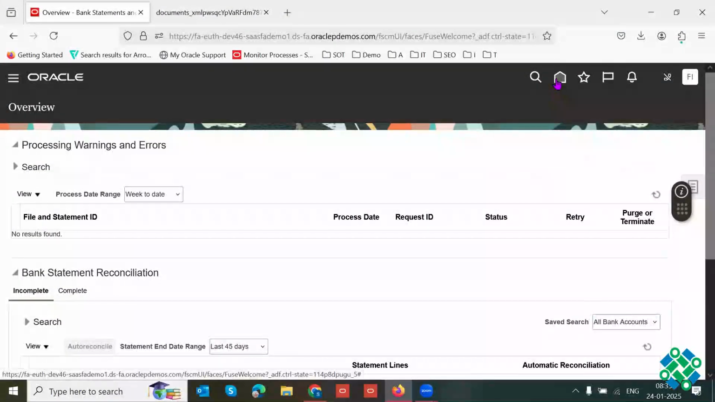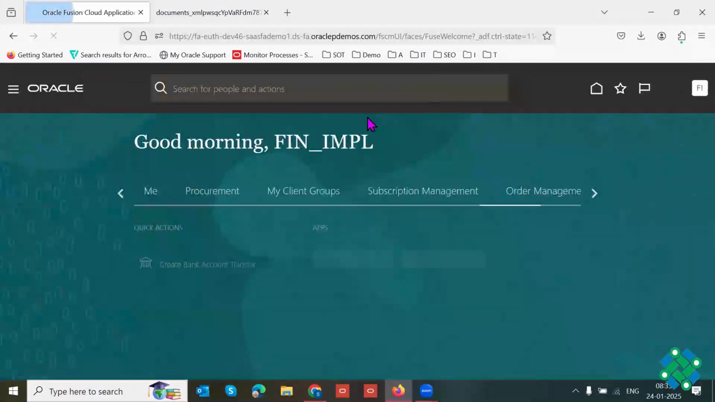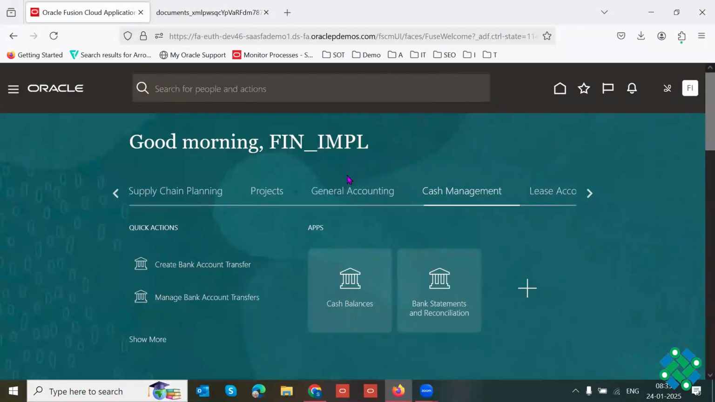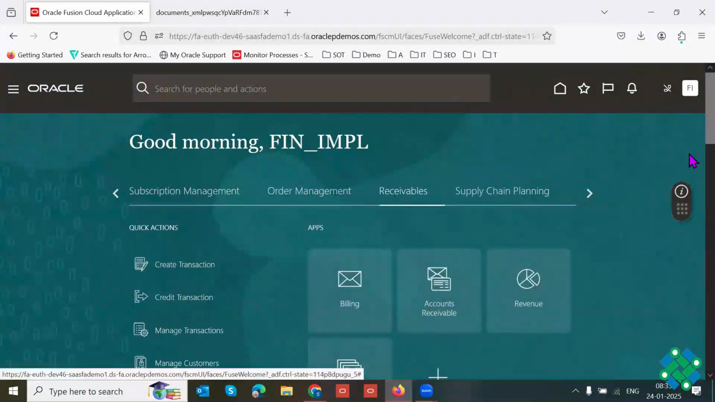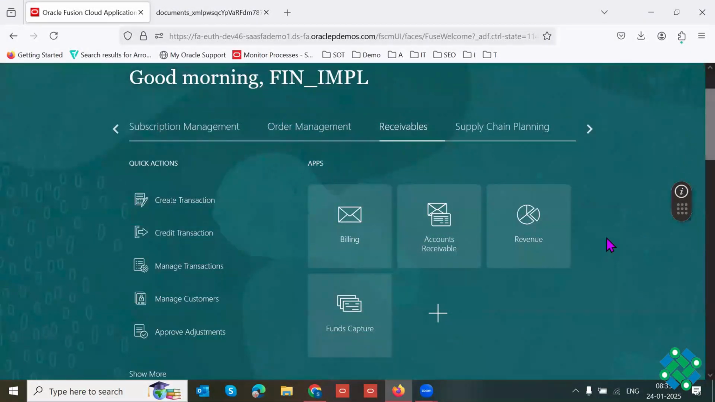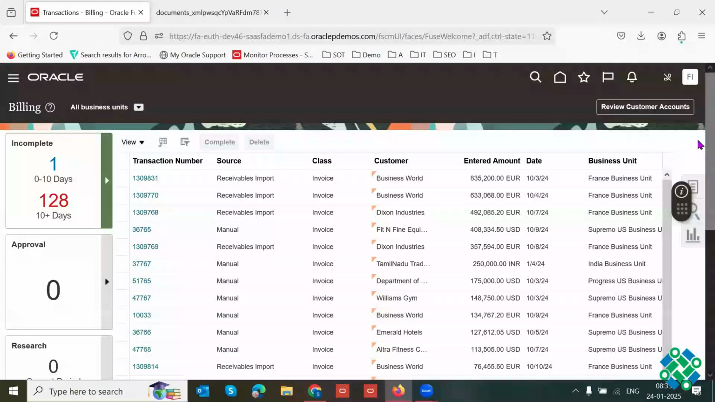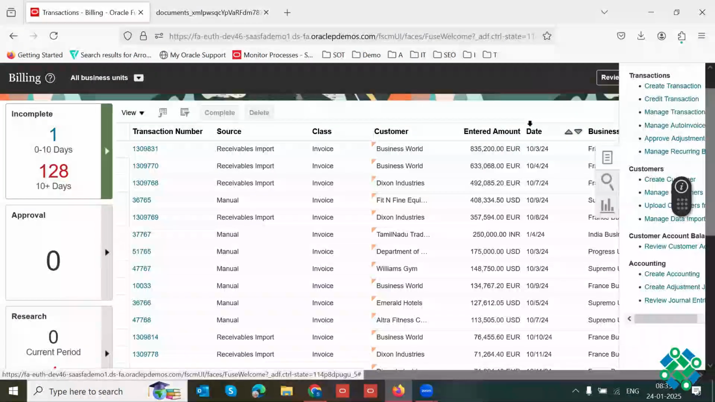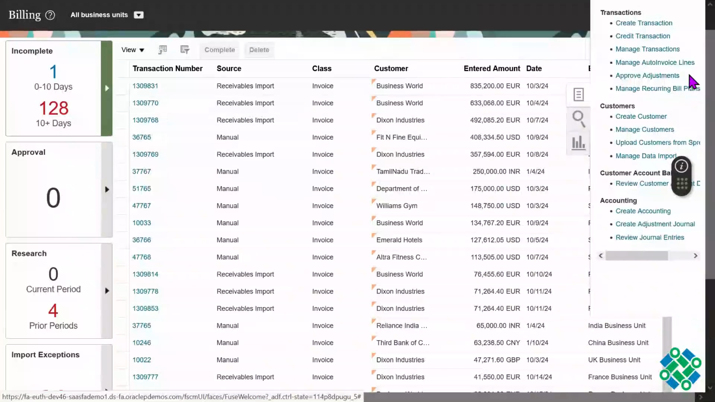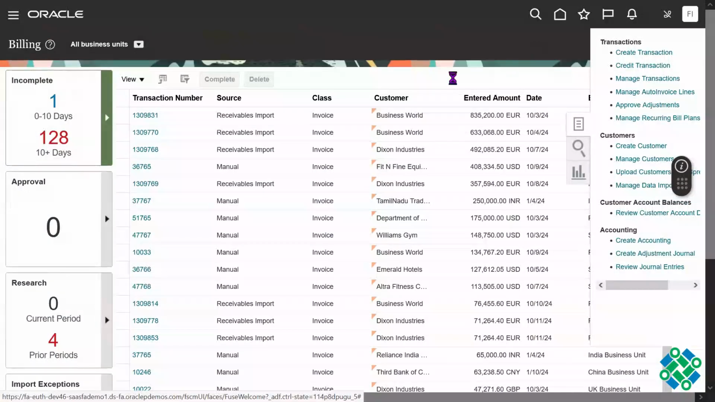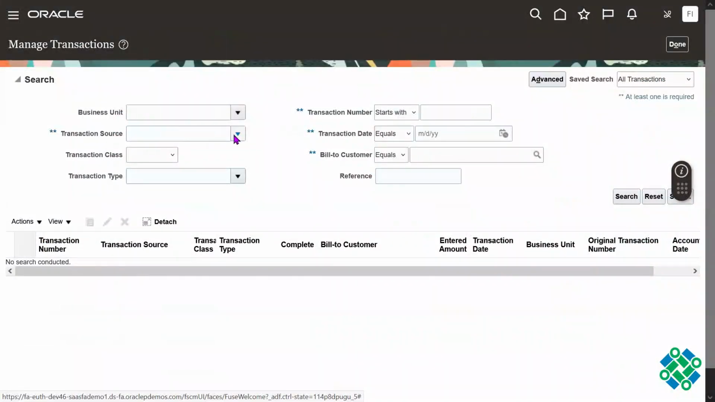Now, the invoice entries and receipt entries have to be posted to the ledger. How is it posted to the ledger? We have to open the invoice and the payment, and we need to post it to the ledger. I'm going to the billing again. I'm navigating to the invoicing page where I created the invoice. I'm navigating to manage transactions and selecting the transaction source as distributor order orchestration